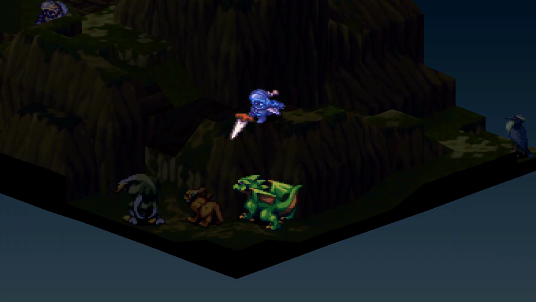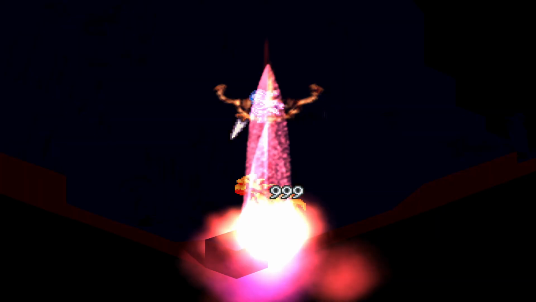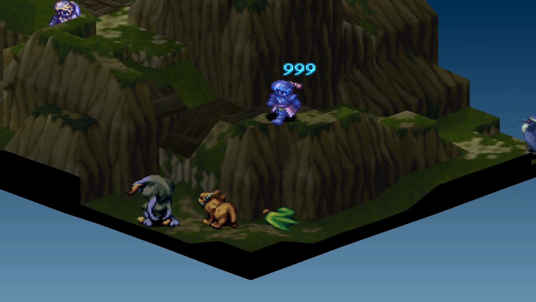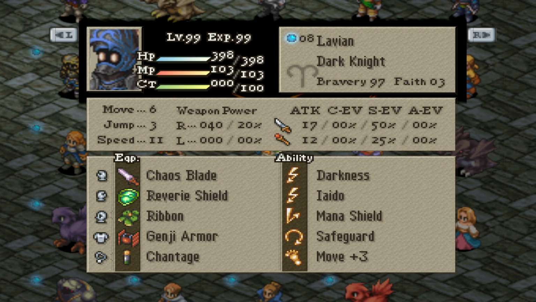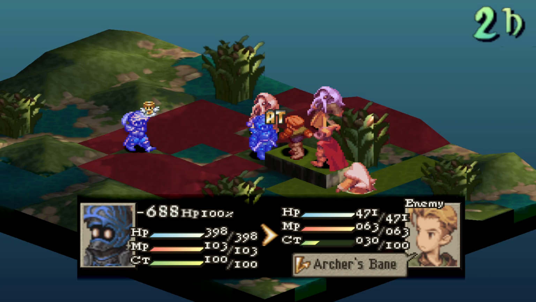Instead of using a male Dark Knight with Fell Swords, we will be using a female with Night Swords instead. So equip Chaos Blade, Reverie Shield or Scutcheon 2, Ribbon, Genji Armor, and Chantage. Then for your abilities, any secondary, Mana Shield, Safeguard, and Move +3. Even though you'll be doing weaker damage and won't be as fast compared to the previous build, nothing can really